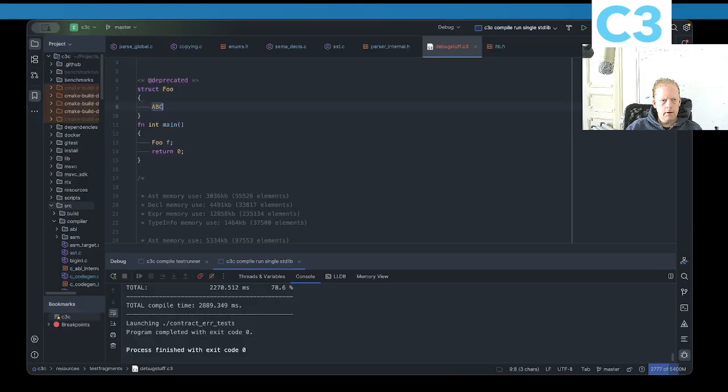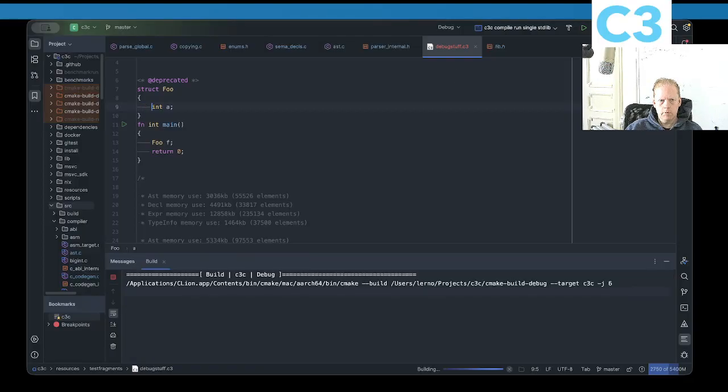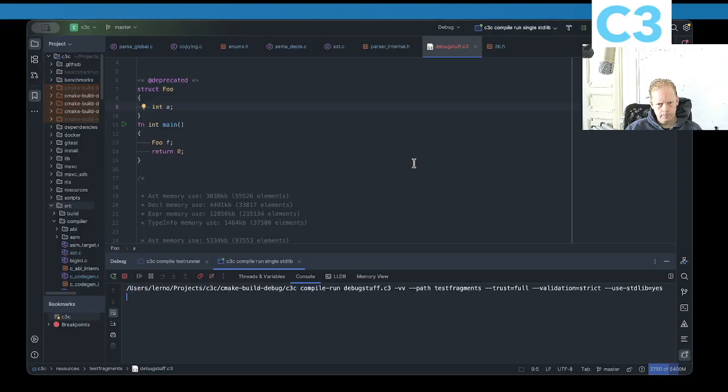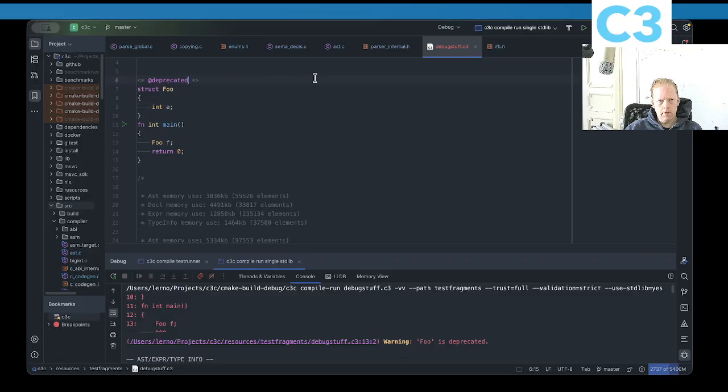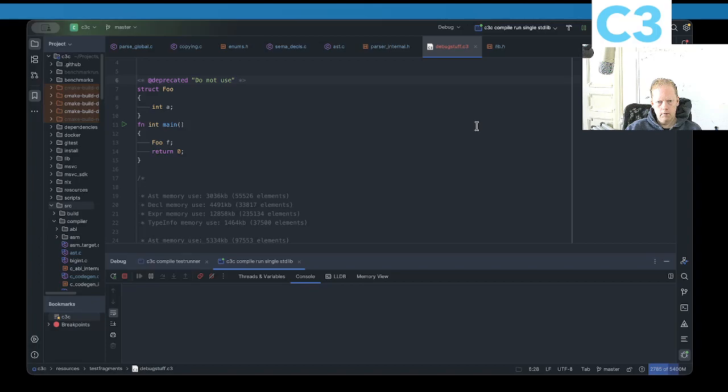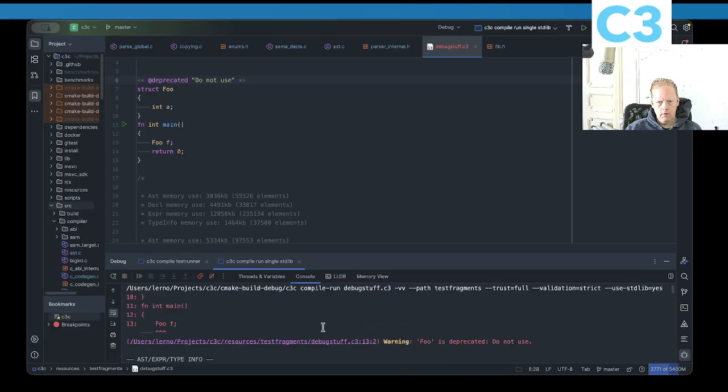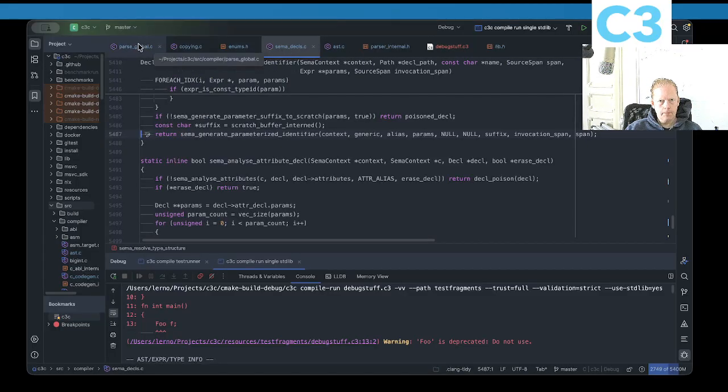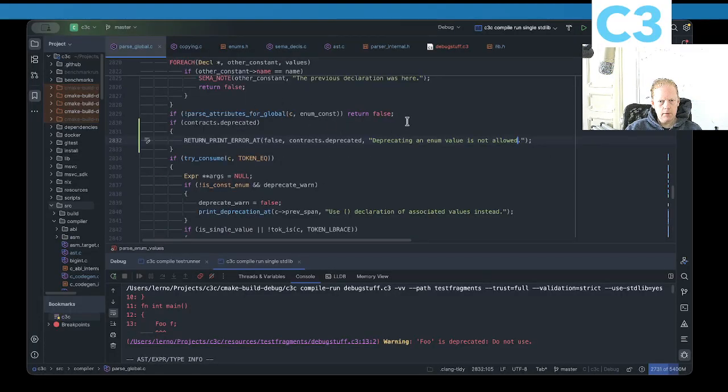Right. And then we can do deprecation on this one, right? Should be working now, saying it's deprecated. Yeah, so foo is deprecated. And we can say deprecated, do not use. Okay, and do we see words? No. Okay, maybe we'll allow that for the enums, right? So where is that? Okay, so we're going to have like